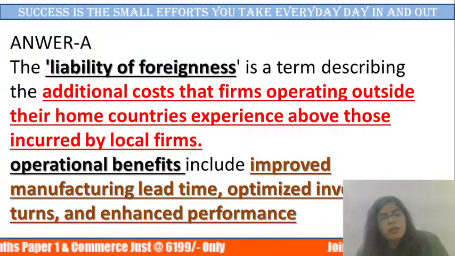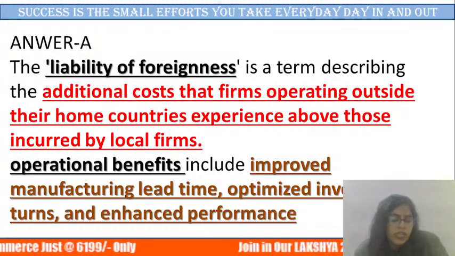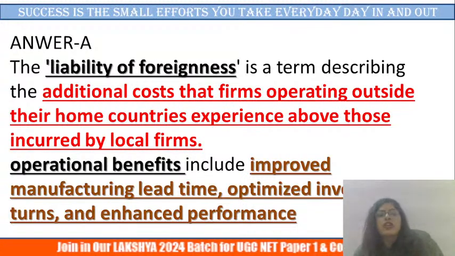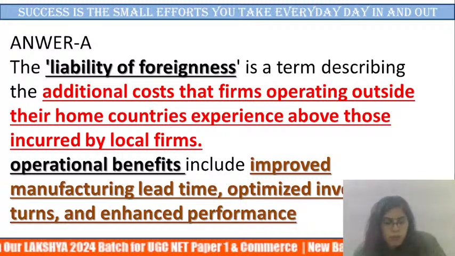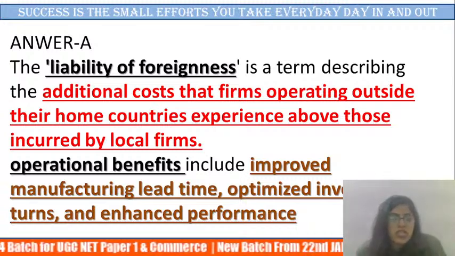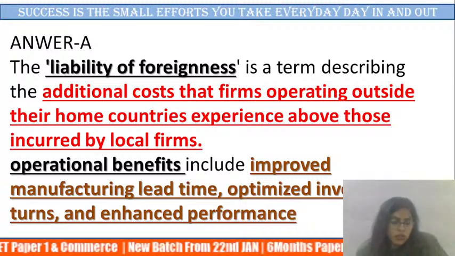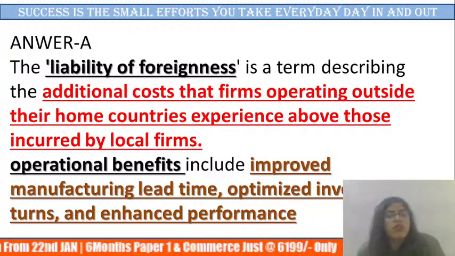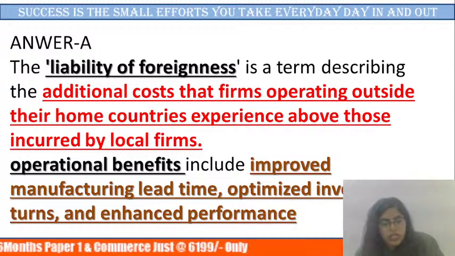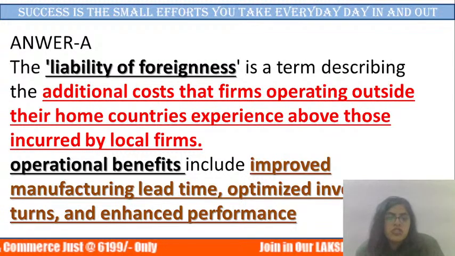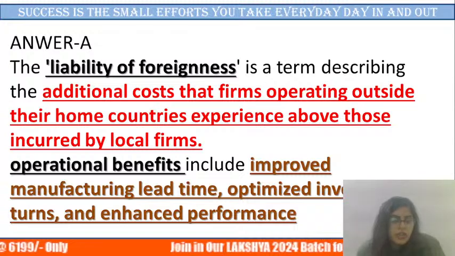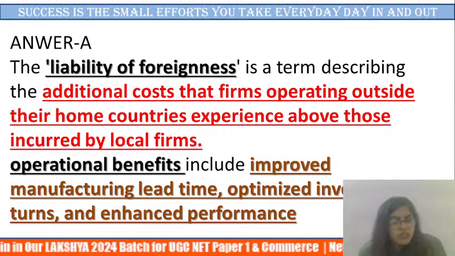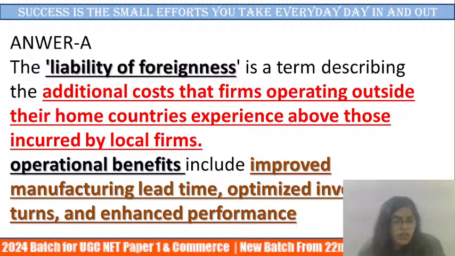Now, what are operational benefits actually? That is basically you are having an improved manufacturing process. You have inventory turns which are optimized. We have arranged it in such a way that we do not rush at the end, like which inventory we need now and which we will need later. We have already arranged it so that whenever the production of the product happens, it will automatically take the inventory it needs.